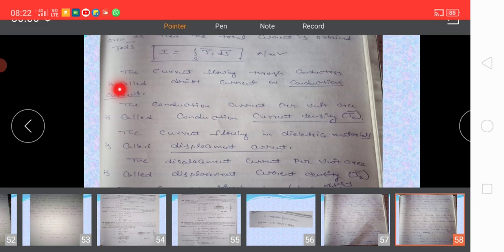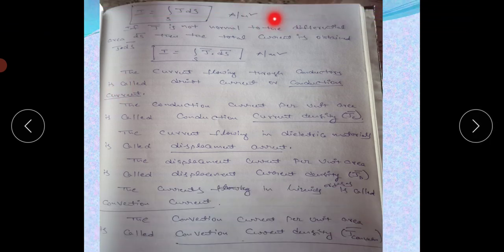Here the current is normal to the surface area, and the differential surface area in the normal direction is ds bar equals ds into an bar. The J bar direction is also normal to the surface area, so J bar equals J into an bar. So dI equals J an bar dot ds an bar. An bar dot an bar equals 1, so finally dI equals J into ds. The total current I is obtained by integrating with respect to surface area, so I equals the surface integral of J ds.